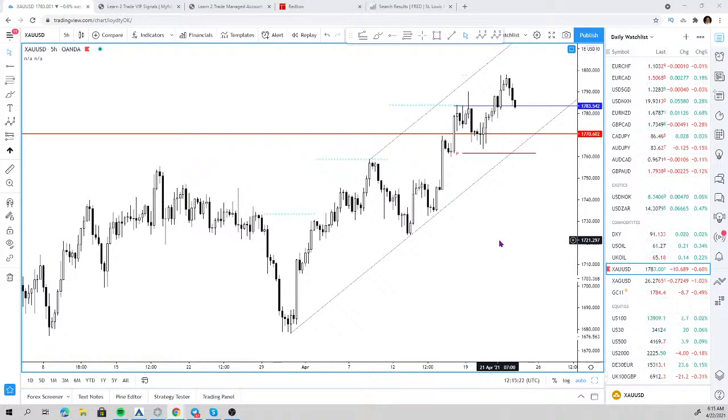Right, so don't just open your chart and look for setups to buy or sell. You need to be prepared. You need to do the work, right? My advice is that